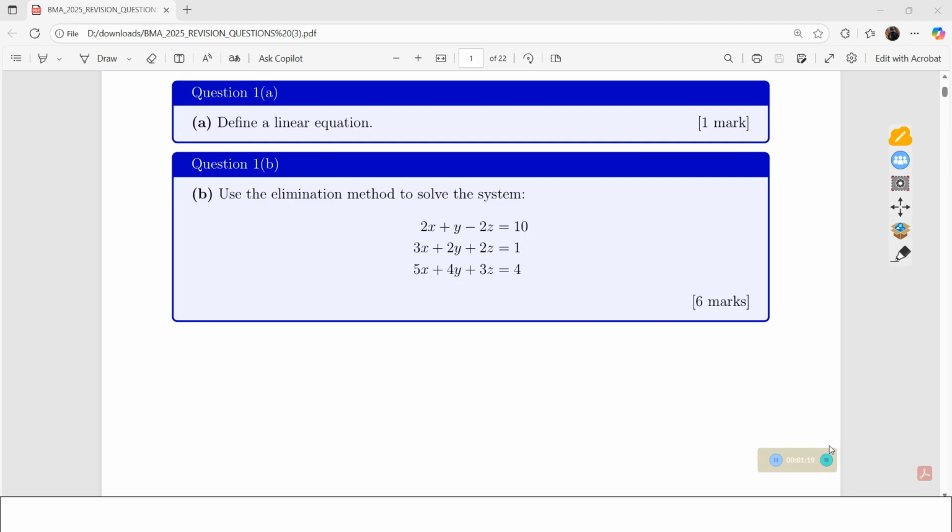So without wasting time, we shall look at question number 1. Question number 1 has got part A, which says define a linear equation. So let us look at the definition for a linear equation. We shall be saying that a linear equation